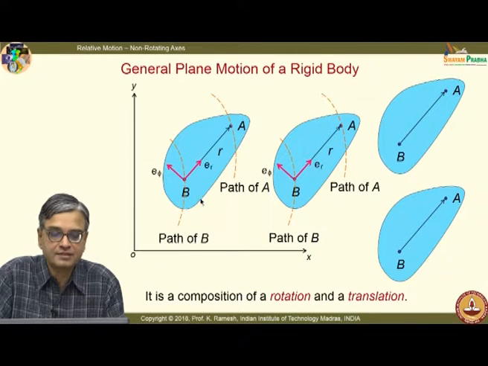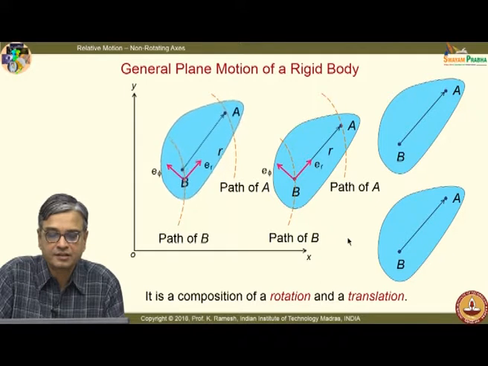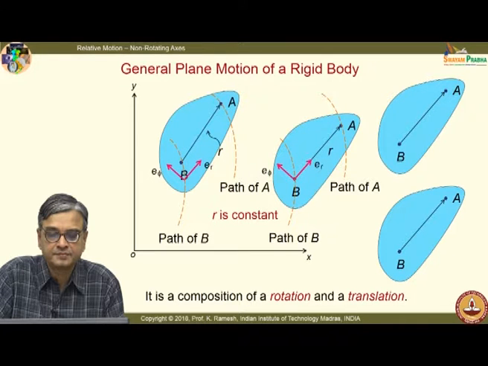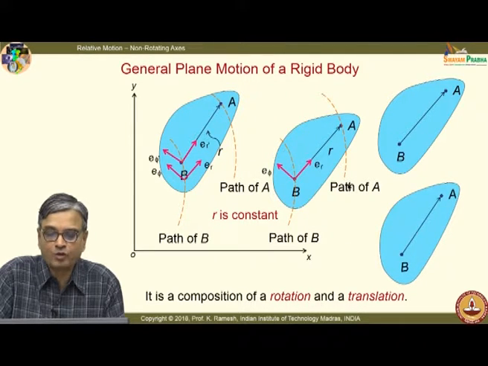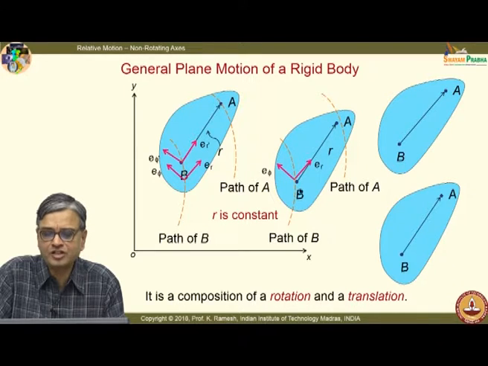What I have is, like what I had shown earlier, a rotation and a translation. This is how the body has moved, and I have ER prime and E phi prime. Now, I would have a rotation. We have already looked at how rotation and translation can be interchanged. So, when I rotate, this changes, essentially to emphasize that ER direction changes because of the general plane motion.